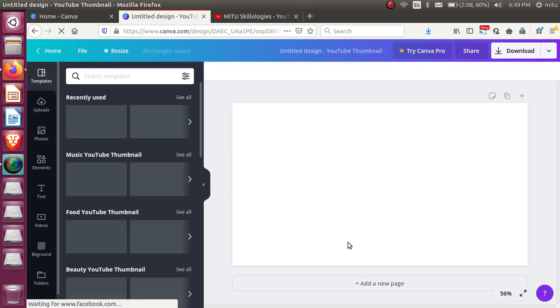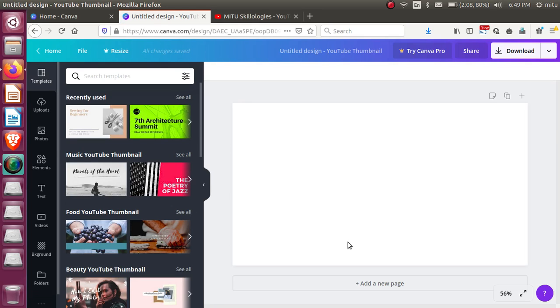So first of all, you have to record the video, and after the video recording is completed, then we are going to create your YouTube thumbnail. The thumbnail size is exactly the same as the widescreen of YouTube videos, so it's not required to define your size or check whether it looks good in this format or not. We can directly make use of these templates, and based on that you just make your designs.